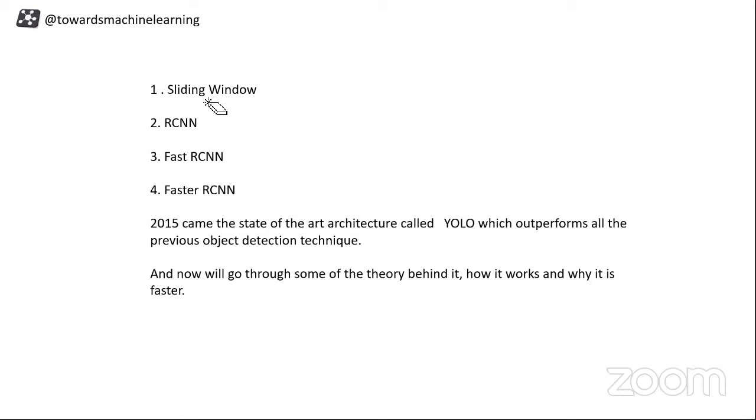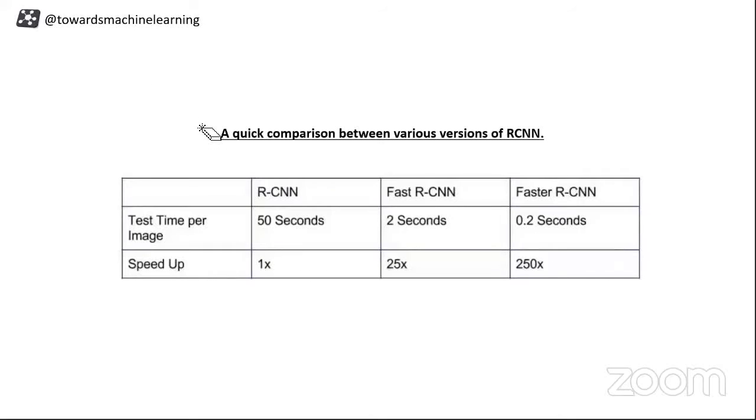Sliding window we have seen. Then sliding window has some disadvantage. It was taking too many regions of an image into consideration, and we don't want that. We jump to the selective search algorithm, which was used in RCNNs. And even though it was using selective search, it was taking 50 seconds per image.